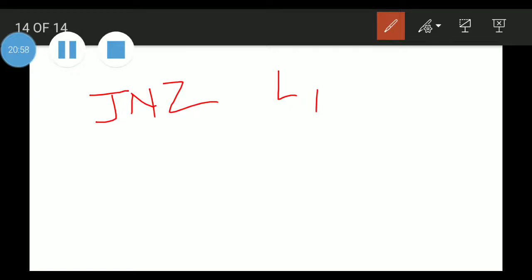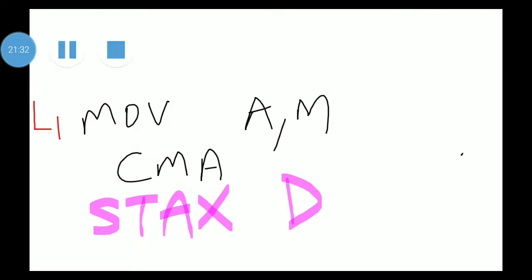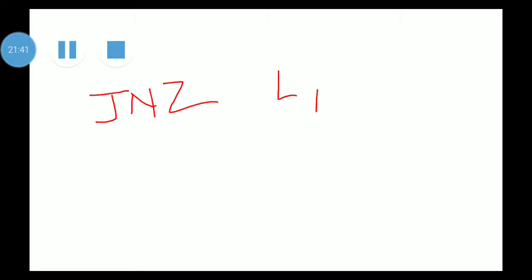If the counter has not become 0, we have to specify a label. So here I am writing a label L1. This L1 label is where we want to repeat the task again. So L1 will go to MOV A, M. It will come to this point and repeat the entire set of instructions again.